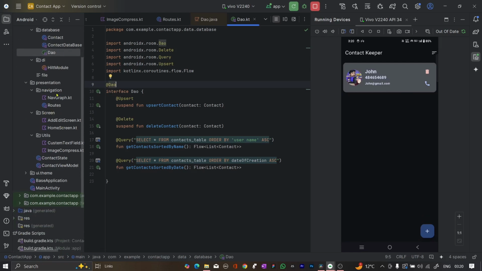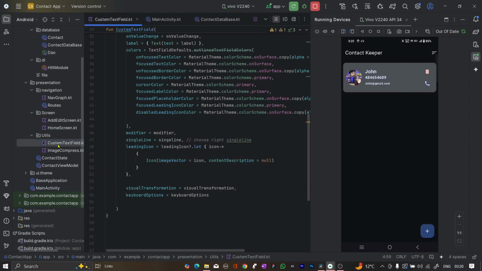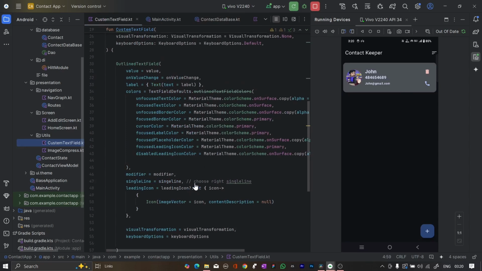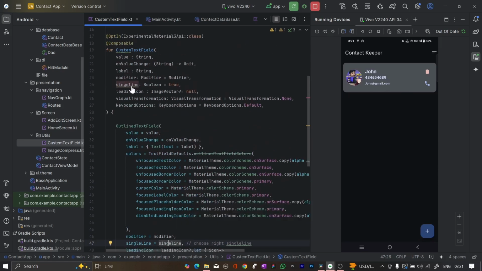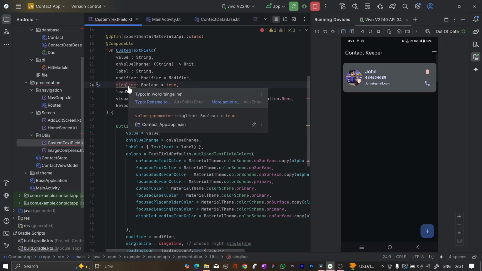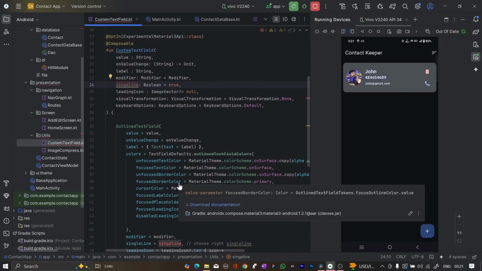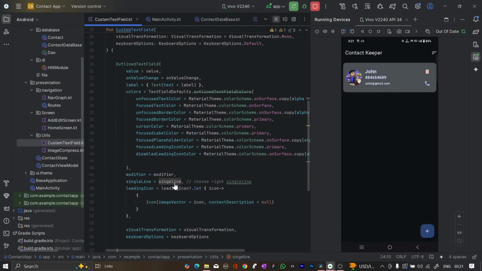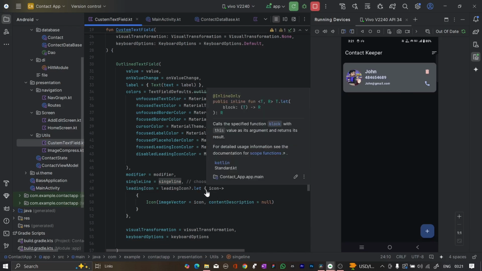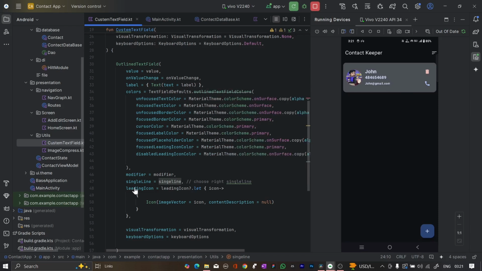And also we were getting an error in the custom text field. So why were we getting the error? Let me show you here. यहाँ पे सिंगल लाइन जो है आपको सही सिलेक्ट करना है, राइट। singleLine equals to singleLine. हमने यहाँ पे एक तो स्पेलिंग गलत दे रखा था, और इसकी वजह से हमें एरर शो हो रहा था। देखो यहाँ पे एरर आ गया। तो हमें स्पेलिंग यानी टाइपोग्राफी भी सही रखना है, and after that we have to just give it here after the modifier singleLine equals to singleLine. तो यहाँ पे हमारे कस्टम टेक्स्ट फील्ड का जो एरर है वो भी चला जाएगा।